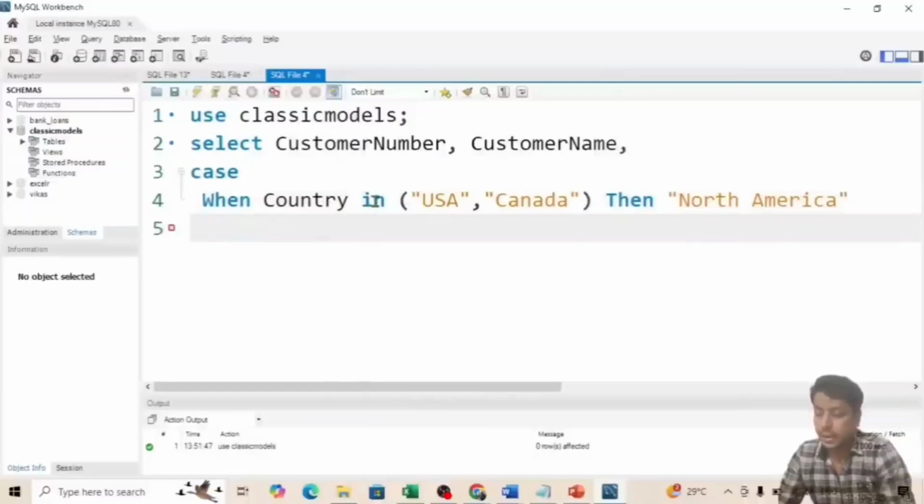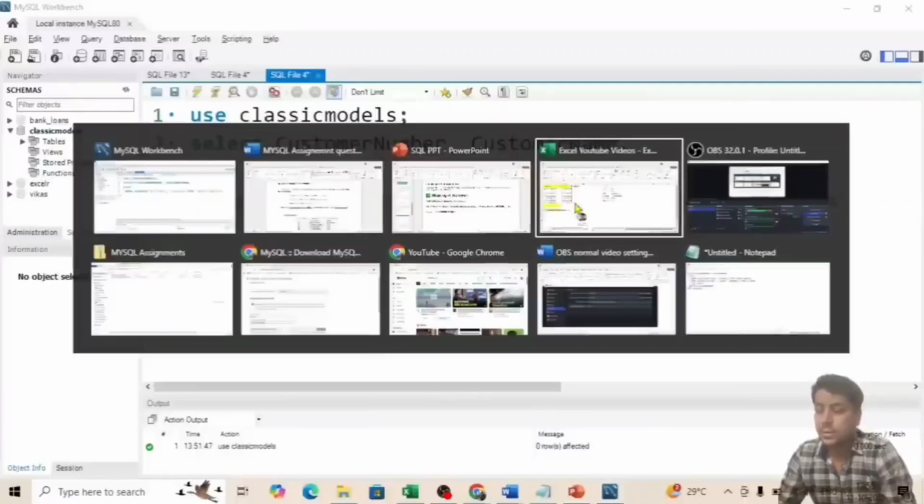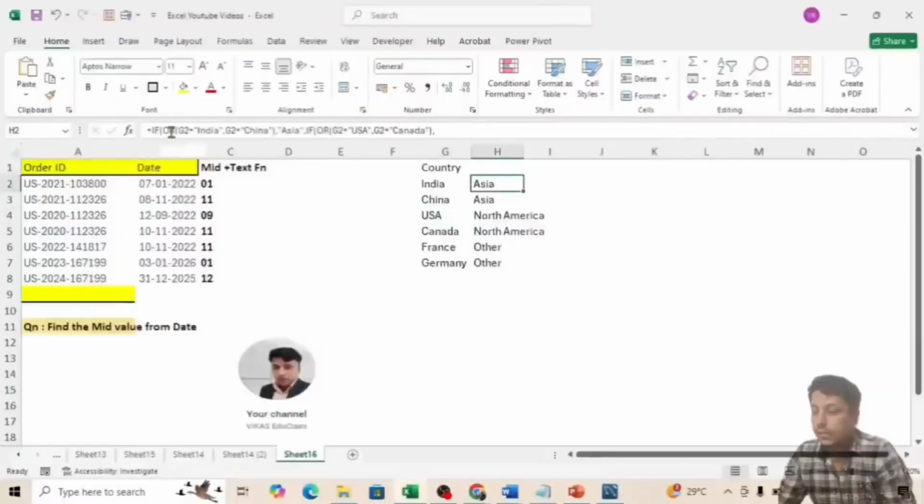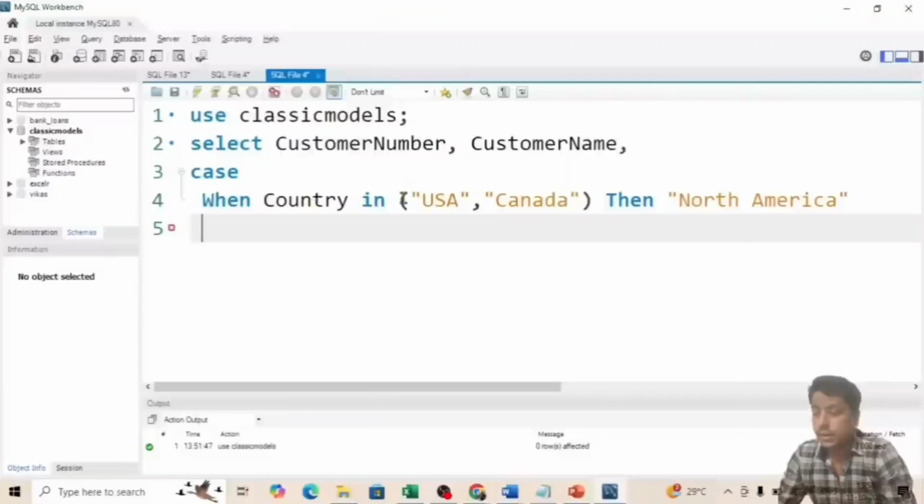When country in USA and Canada. As we used the OR condition with IF, if G2 is either India or China, then it will be Asia. The same way, when country is either USA or Canada, then it should be North America.